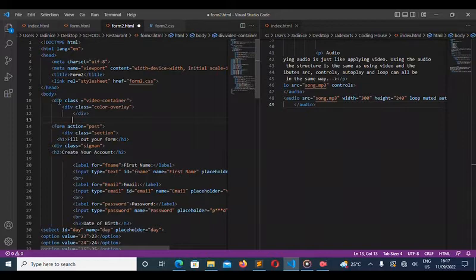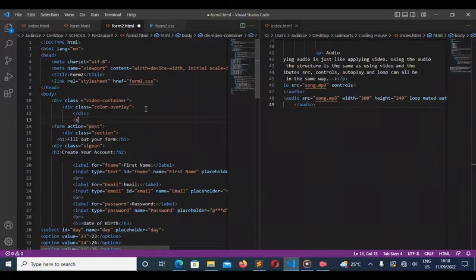The div I closed was not the div class overlay. The div I closed was the div class video container. How? When I opened this div class video container, I didn't close it. I opened another div inside it. It's more like when you build a house. Inside that house, you built a room. This is the room. The room is cover overlay. And then I closed the house. Closing the door to the house does not mean that I've closed the room. The room is inside the house, and inside the house I want to add stuff like the bedroom, the bed, the furniture, and that's what I'm going to do.